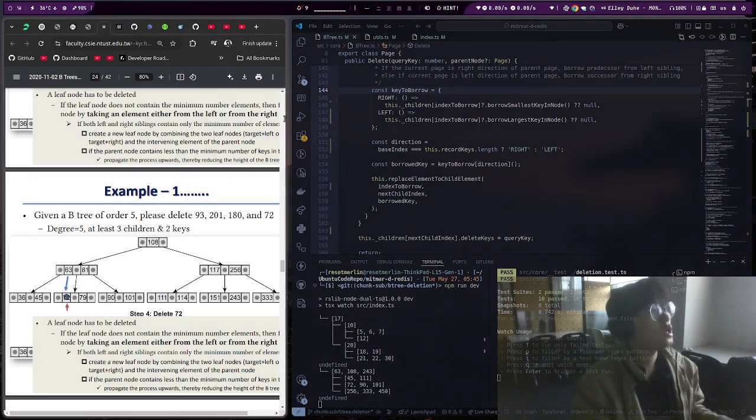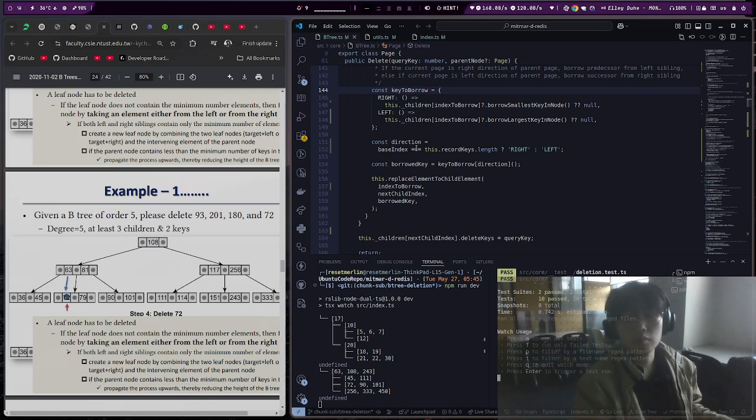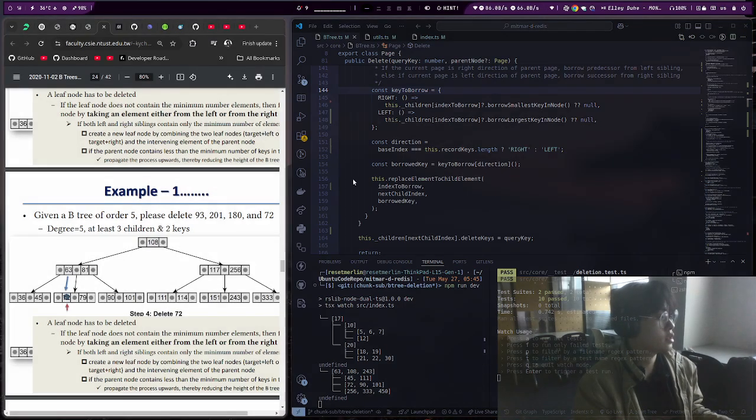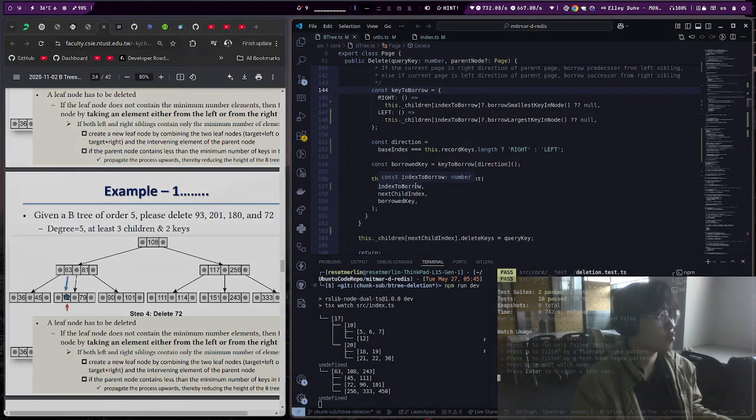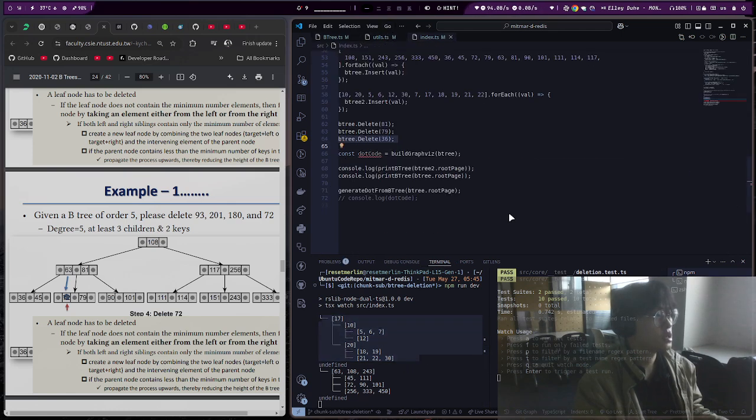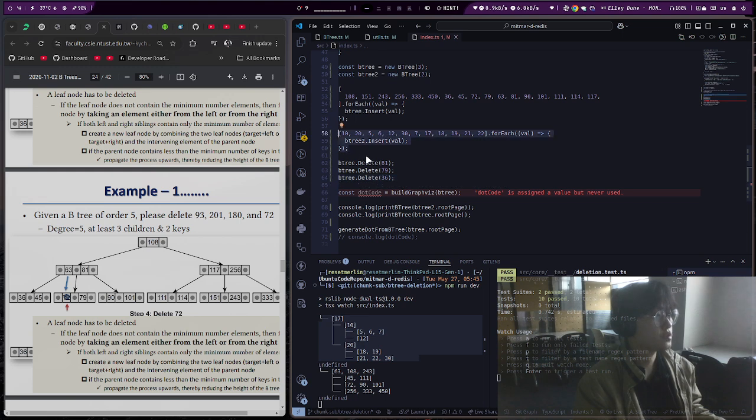So the main problem of the B-tree is the deletion part. It's really hard to implement, but I almost implemented the B-tree deletion. If you look at this graph, let's say you have a B-tree like this kind of data. So what we're trying to do is